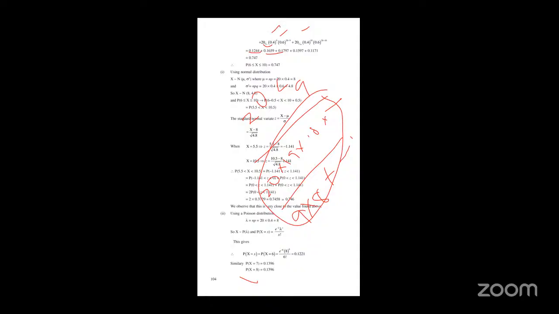It is very easy. For 20C9, in the numerator you take 9 terms, 20 into 19 into 18 into 17 and so on, and down below you take 9 into 8 into so on to 1. Then multiply by 0.4 whole power 9 and 0.6 power 20 minus 9. If you do this in the calculator, it is very easy to calculate. So the probability of x equals 6 is 0.1244,